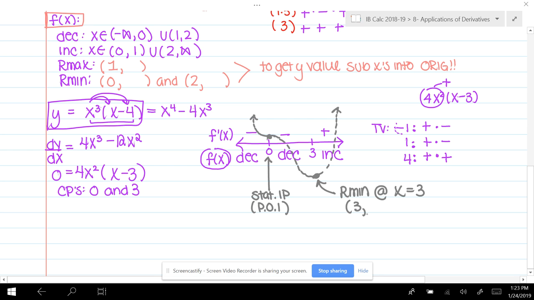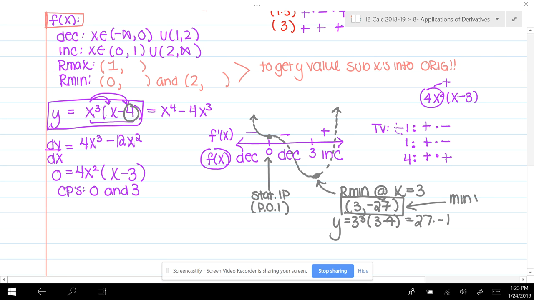If I had to get the y value, or sometimes they'll say get the minimum value, then I would have to sub 3 into the original. So that would be 3 cubed times 3 minus 4. 3 cubed is 27. Oops, not 1. Excuse me, 4. 27 times -1. So the lowest point on my graph is going to be at x equals 3, and the minimum